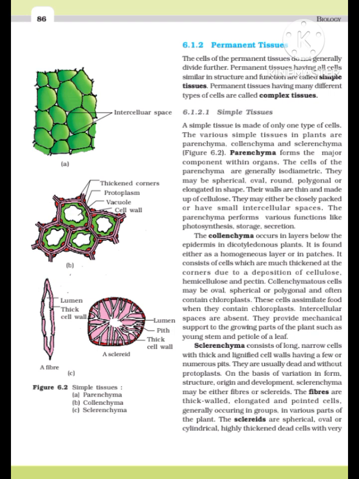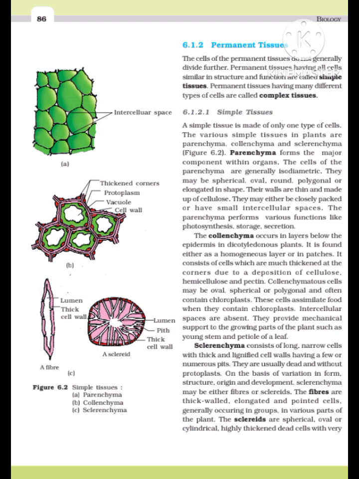Collenchyma cells may be oval, spherical, or polygonal and often contain chloroplasts. These cells assimilate food when they contain chloroplasts. Intercellular spaces are absent. They provide mechanical support to the growing parts of the plant such as young stem and petiole of a leaf. Sclerenchyma consists of long, narrow cells with thick and lignified cell walls having a few or